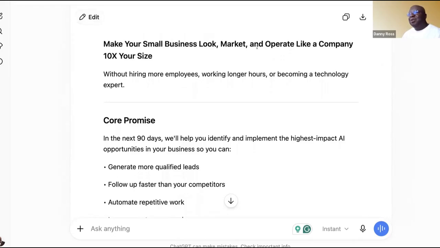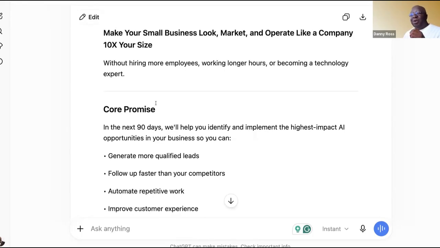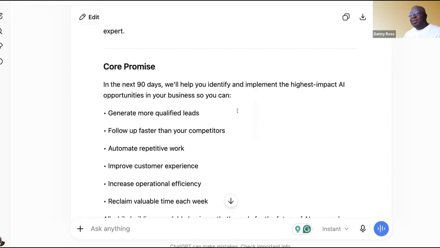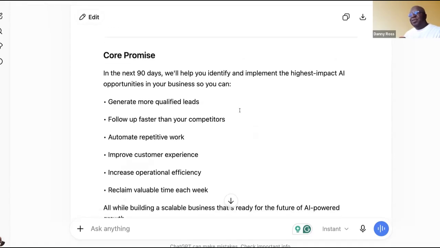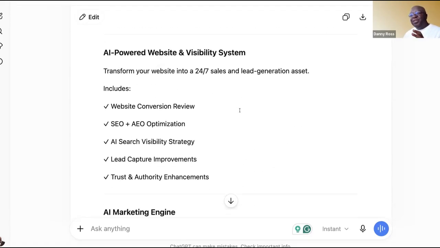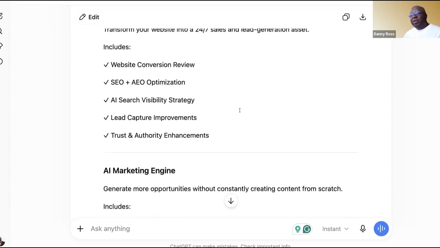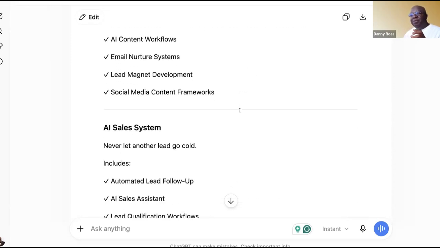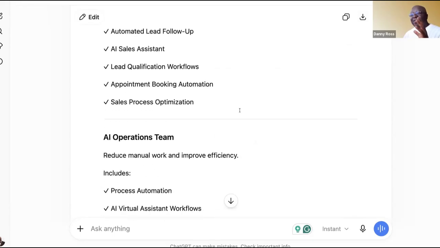Make your small business look, market, and operate like a company 10 times your size. So very simple. Again, core promise: in the next 90 days we will help you identify, implement, and so on. So I'm building out this whole document, as you can see, step by step here. What are you going to offer? Make it very simple. Don't get complicated.